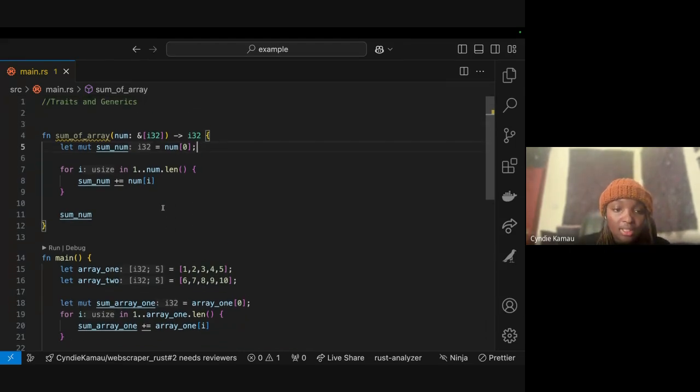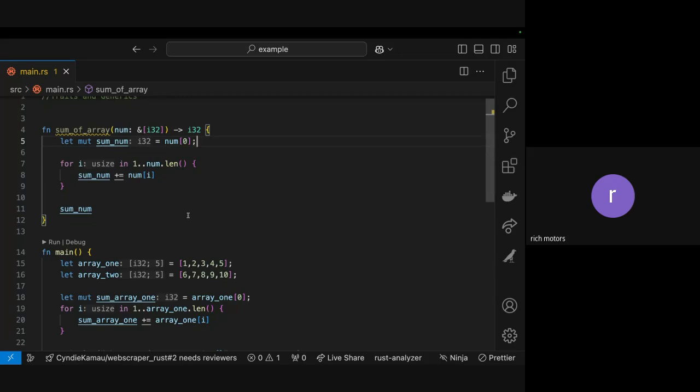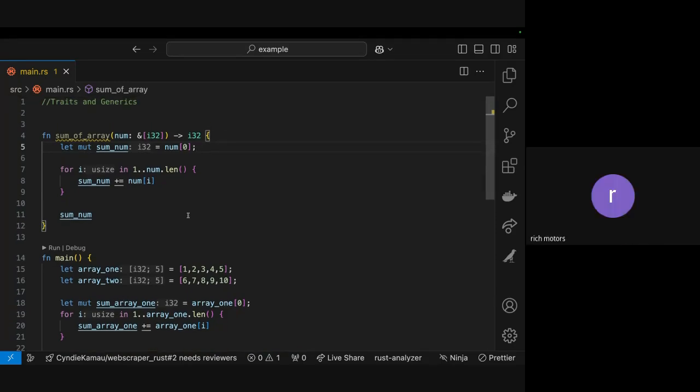Okay, so this is the function, right? Sorry, hi Cindy. Can I ask a question before you move ahead? On that part of the implementation in the main, I think it's the same thing you're doing in this function. My question basically is, if you are to assign a value to, for example, the first one, which is array one, right?